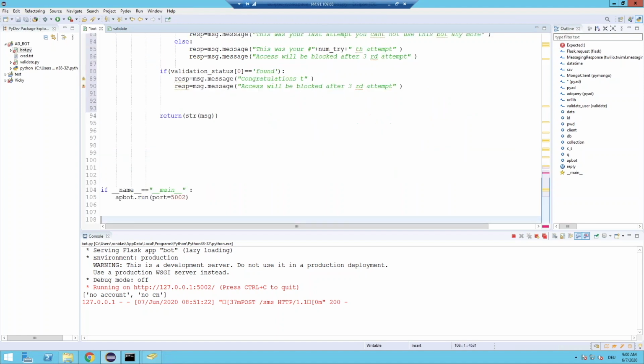congratulations, your mobile number has been validated against Active Directory. Your password will be reset now. Now we'll call the change password function actually. Okay,